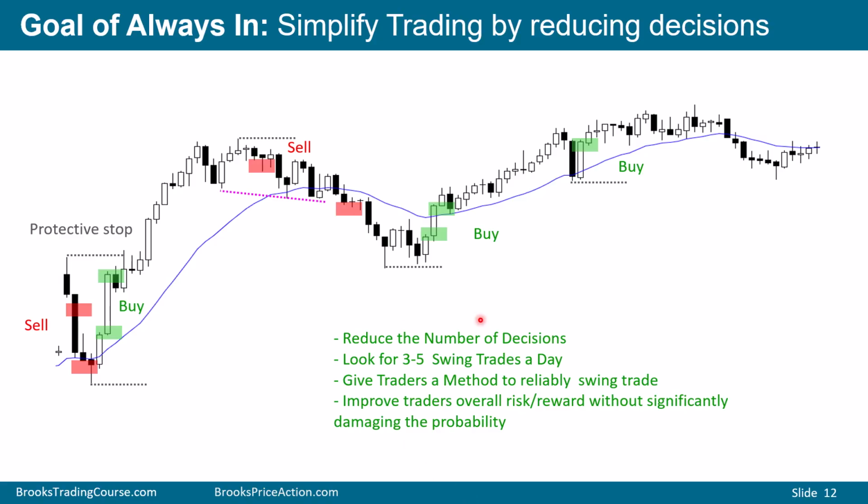So we want to reduce the number of decisions in a day, look for 3 to 5 swing trades in a day. This gives traders a methodology to swing trade reliably and improve the overall risk reward without significantly damaging the probability. So bears, you can see they sell here, they sell closes, then they get out above this bar,